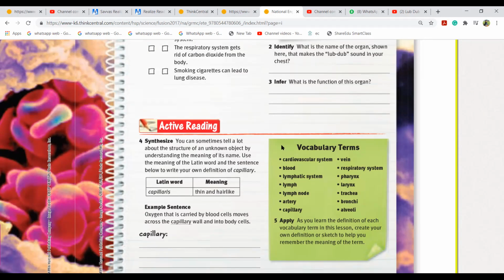Cardiovascular system, vein, blood, and the respiratory system, and lymphatic system, pharynx, and lymph, larynx, and lymph node, and trachea, artery, bronchi,